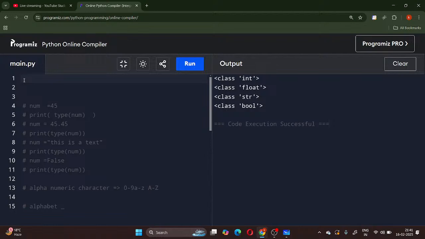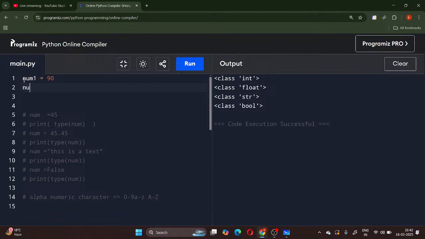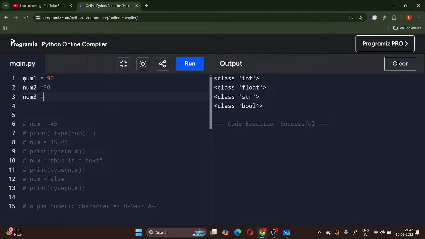So now maybe you'll want to be able to do some sort of operation on these variables. For example, maybe you want to compare two variables. You can have as many variables in your program as you want, right? Suppose this num1 is there in which we are storing 90, then num2 in which we are storing 30, then num3 in which we are storing 70, and so on. And then we want to compare these numbers, right? Because right now it is visible, but maybe in future we want to take the values of num1, num2,